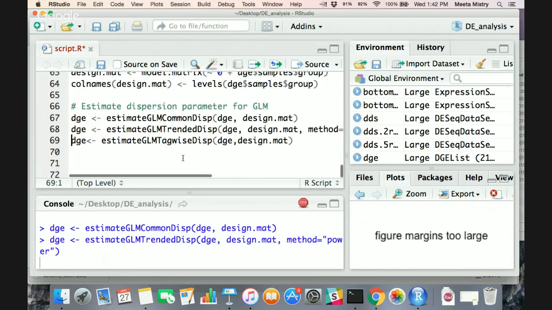Can I ask a quick question while we're waiting on this? Sure. So you're running the trended off of the common because you've renamed it DGE, but you were also saying that you could just run line 68 on its own and it would automatically call common first? I'm not sure if it calls common, but